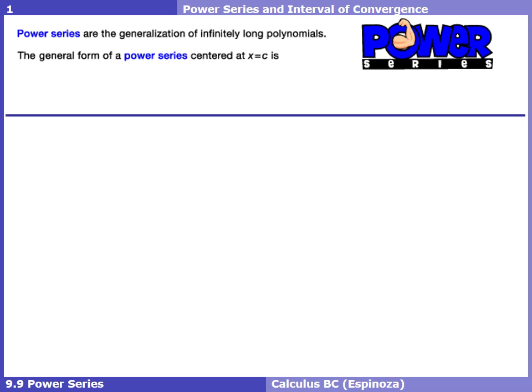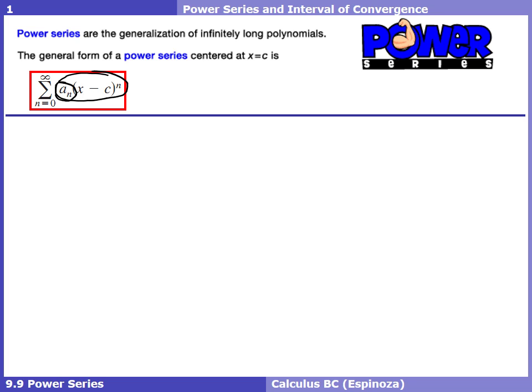So the general form of a power series that's centered about some point c is given by this form. You'll notice that our summation is going to infinity, unlike our Taylor polynomial that ended at some point, whether it was a 5th degree, 6th degree, 7th degree, whatever the case might be. So this should look a little bit familiar in a sense. Here we have just some general piece, a sub n, and we're multiplying it by x minus c to the